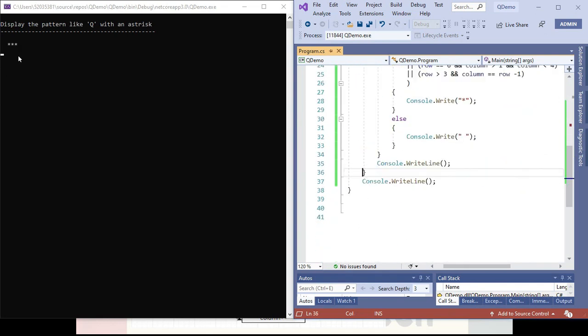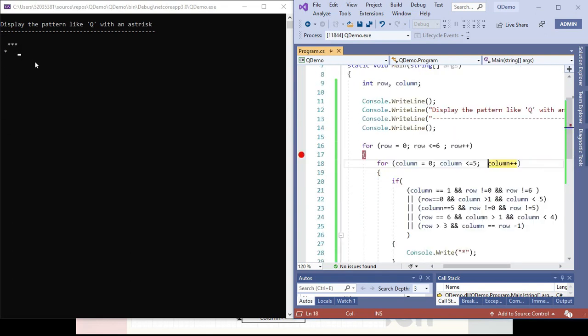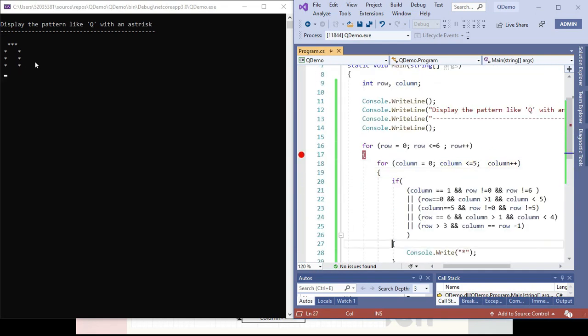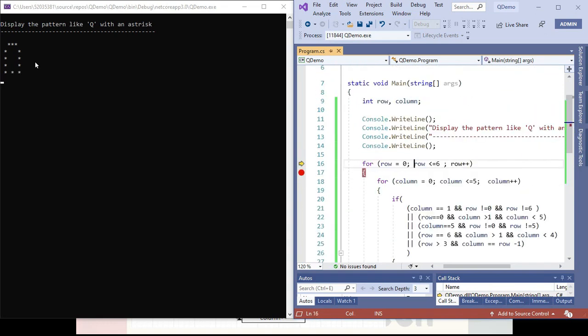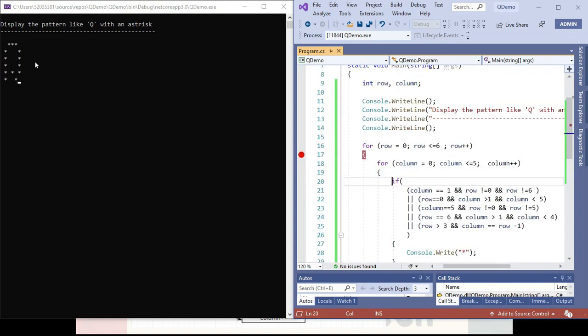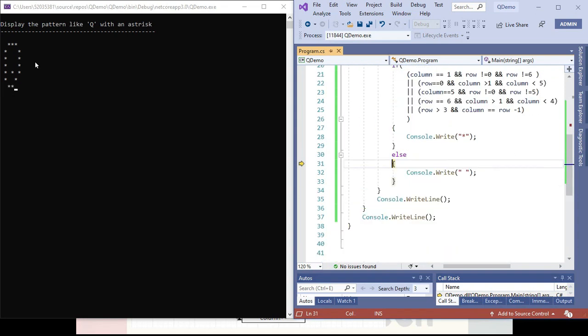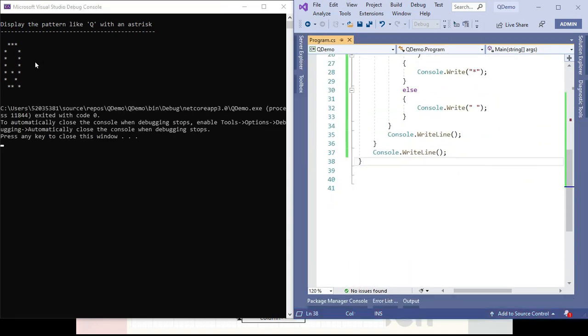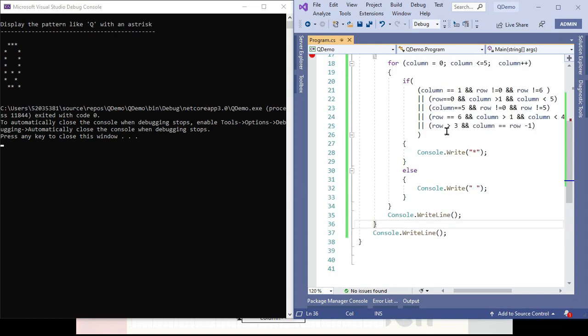Now you can see first it's creating, now the second logic. One by one it's printing, and you can see if it matches, it will print a star. If it does not match, it will print a space. So it is the last row. Now you can see, yes, it is a very simple logic for creating the alphabet